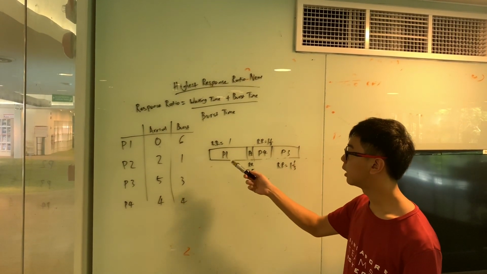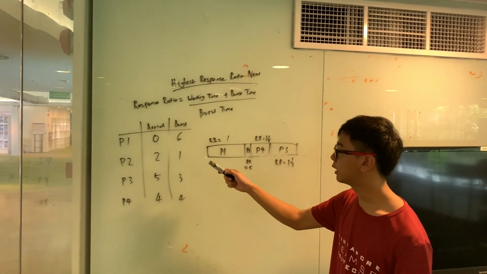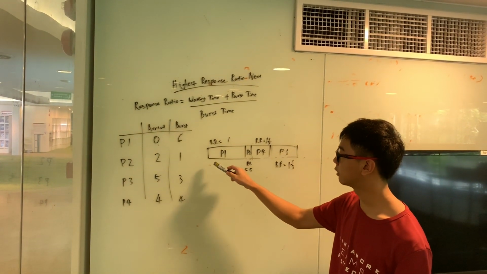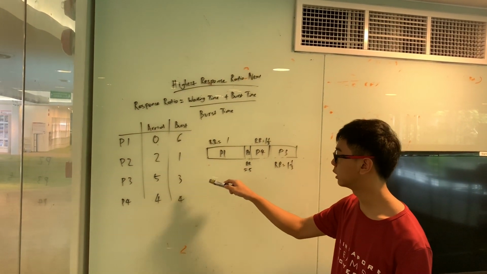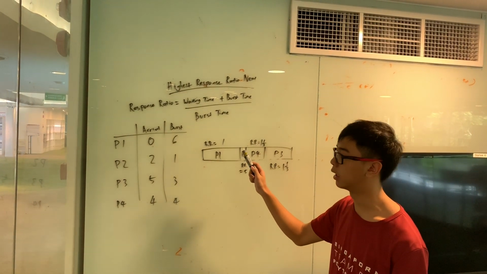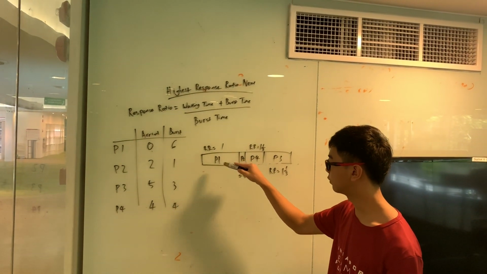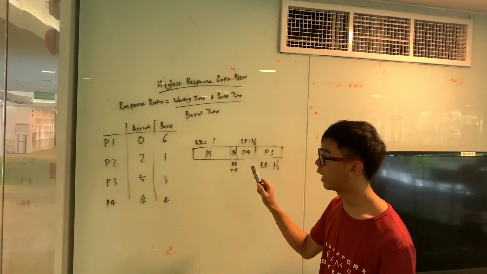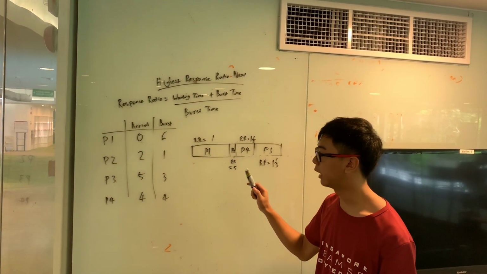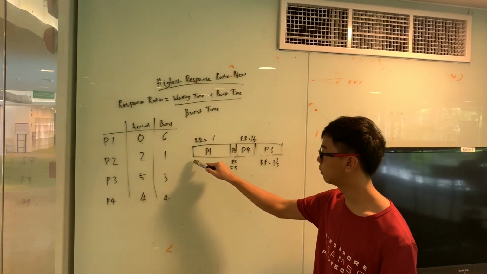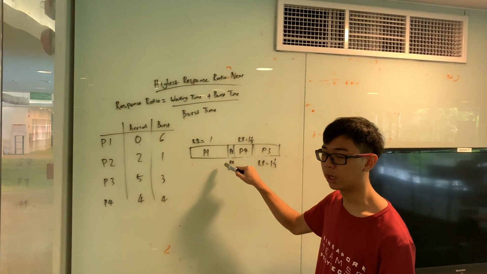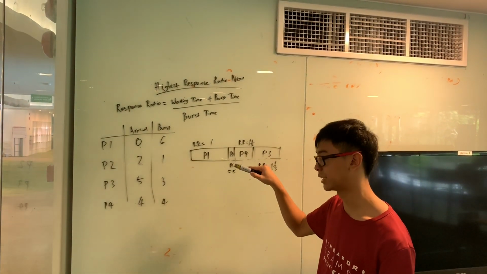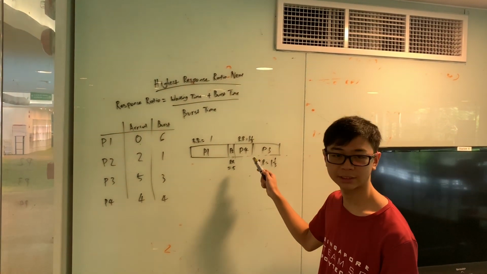At time arrival equals 0, process 1 just arrived and there are no other processes waiting. So it is the highest response ratio and will finish first. Please note that it does not matter if you have a higher response ratio at any point, as it will wait until process 1 has finished its execution before it runs next.